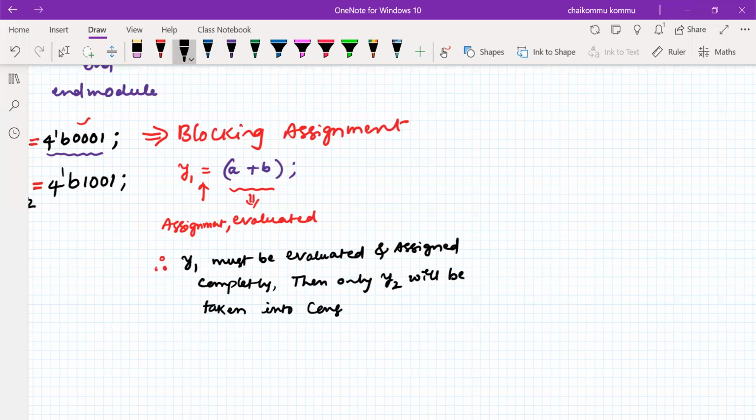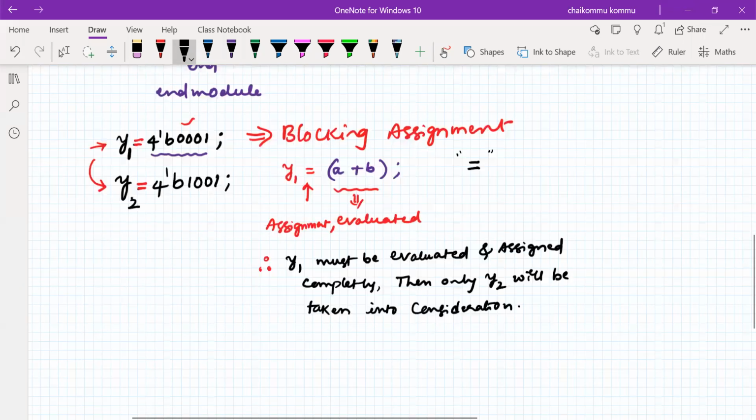So that is the meaning of the blocking statement. A blocking statement is identified by the equality operator, the assignment operator, right? This is how we can identify a blocking statement. It must be evaluated and assigned, then only it will go to the next statement to execute. That's what we can say.